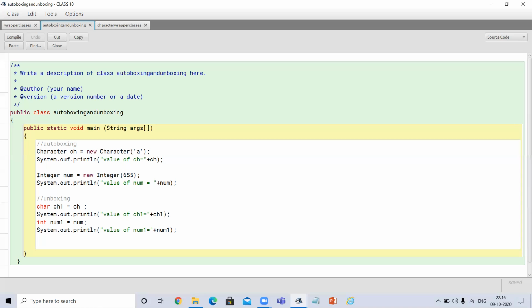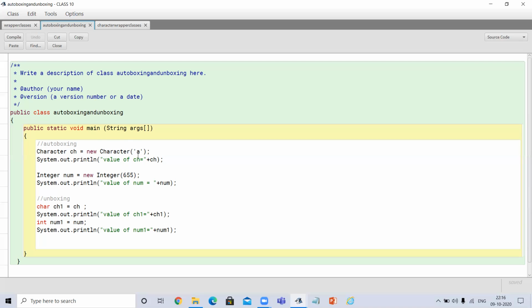We will write Character ch, which is the object of wrapper class Character, equal to new Character, and then we pass the value of the character we want to convert into its wrapper class.